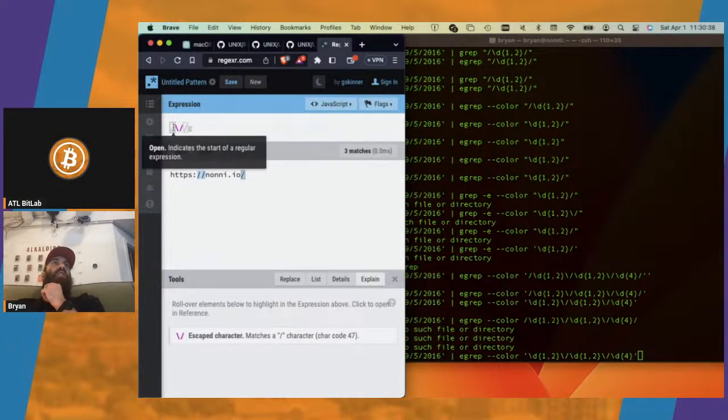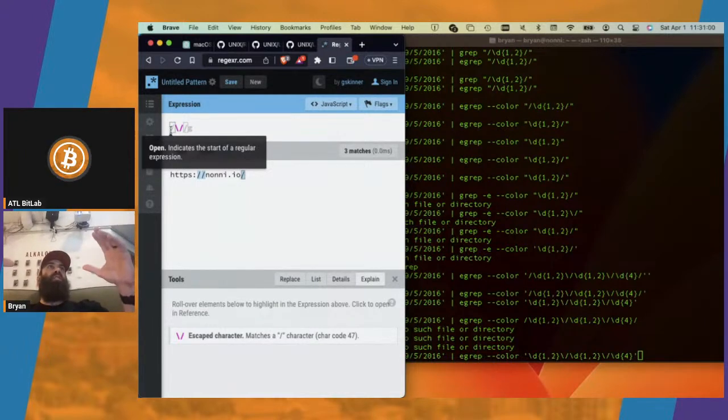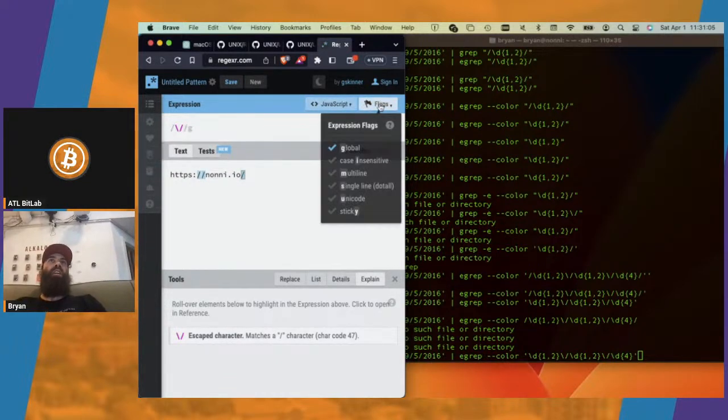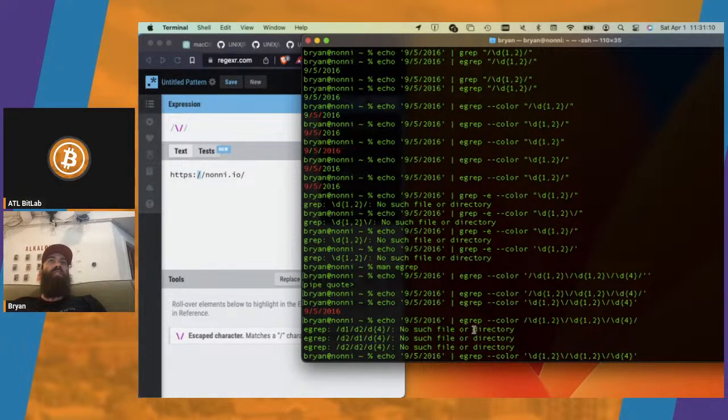But you see how in this one it shows you: indicates the start of a regular expression. For example, in JavaScript, if you were to write a regular expression, you would start it with these slashes. Once you complete the regular expression, if you have a syntax highlighter in your IDE, it'll highlight that whole regular expression in red, so you know it's a regular expression. JavaScript reads in a regex by seeing the slash in the front and back. Then you can throw flags in there like G. G is global. If you don't have G, it'll find the first match and then stop. So if you have multiple matches in one string, say you echo